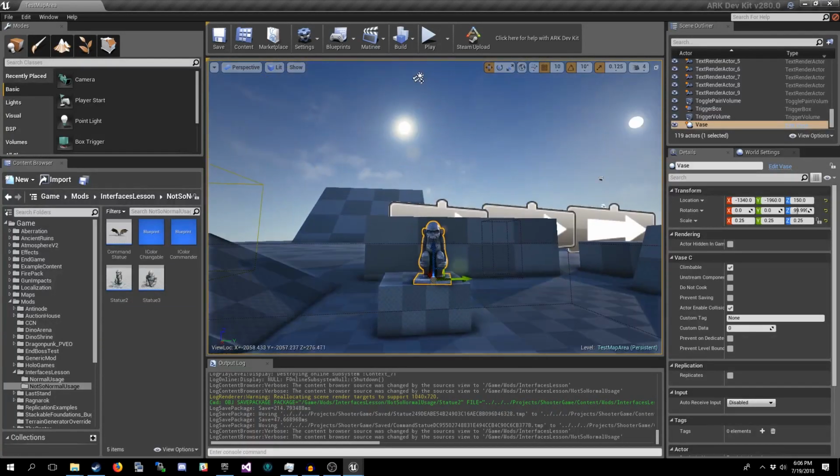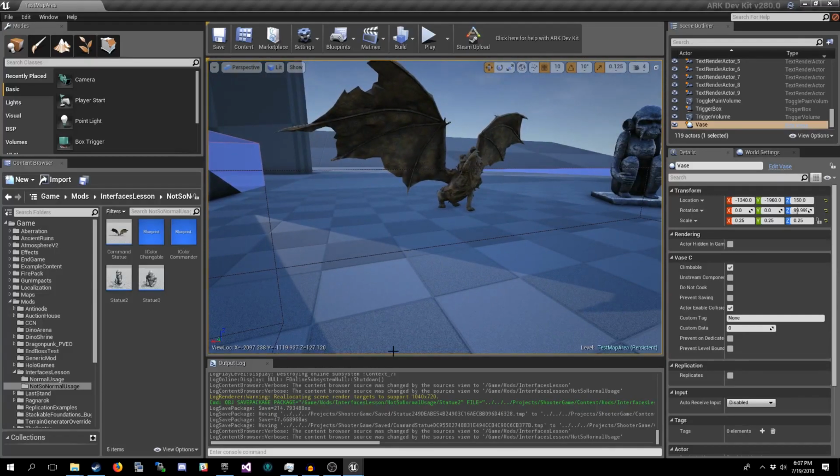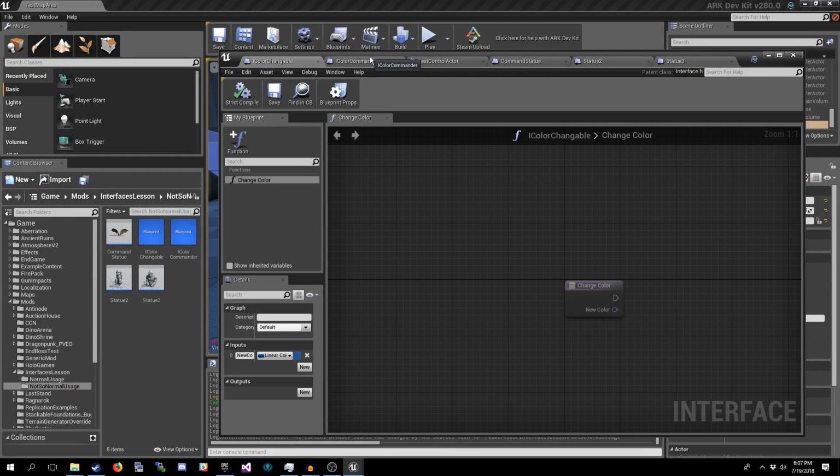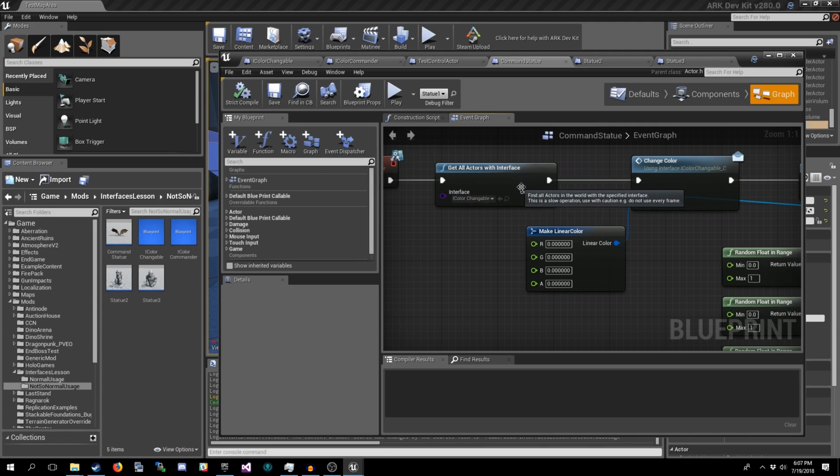You just add them to the classes that you want to implement them, and then you can call them. And you do not have to give them specific references to that type of class. Okay? This get all actors with interfaces, all this returns is an array of references that are all cast as the type actor. Interface messages do not care what the type of an actor is, or what the type of a reference is. If they don't implement it, it's discarded. If they do, it's called, and it does everything in a safe manner.